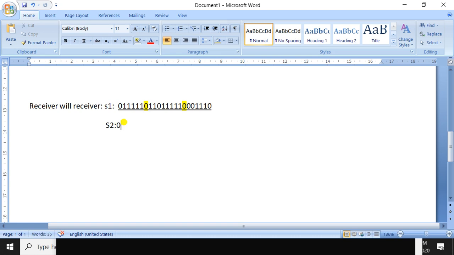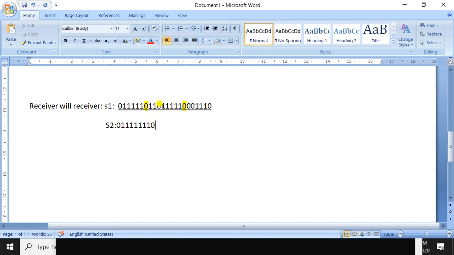First I copy 0, and while copying you make sure that you count the number of ones. If you have copied 5 ones, then after your counter reaches 5, check the next bit. If it is 0, then remove it. Don't copy this 0 here; you can directly skip it. The next bits get copied here, so this 0 will be skipped. Then the next 0 is copied.